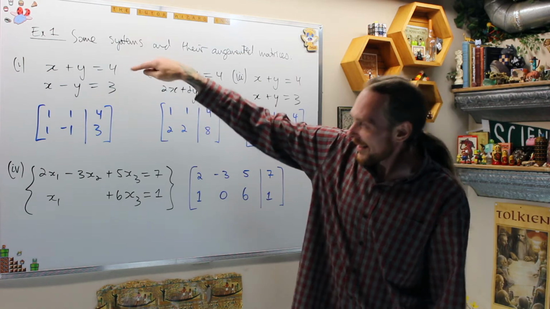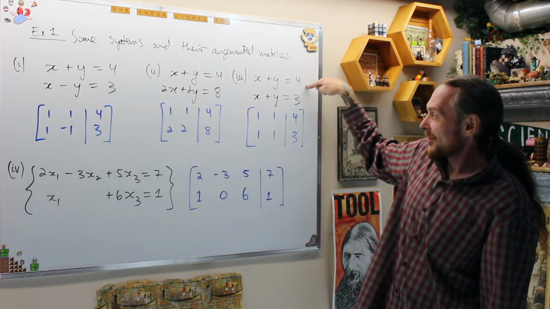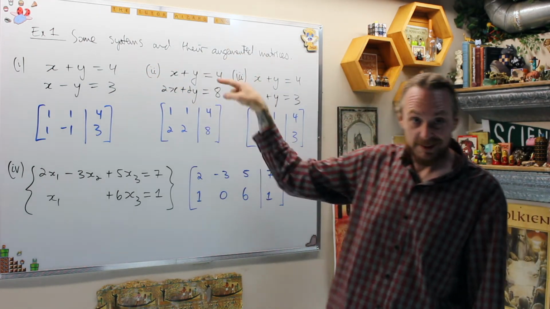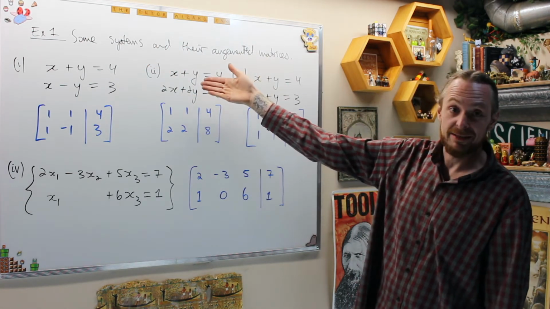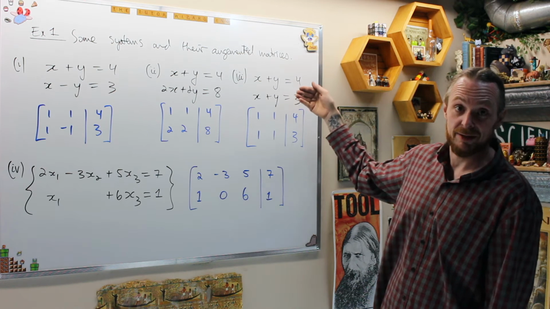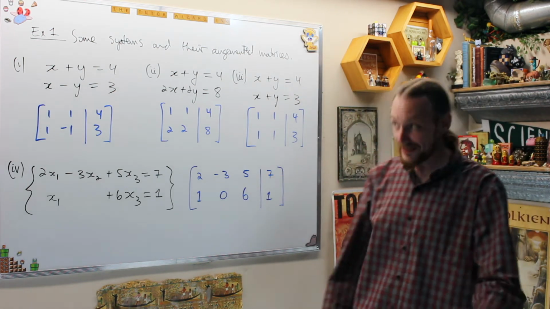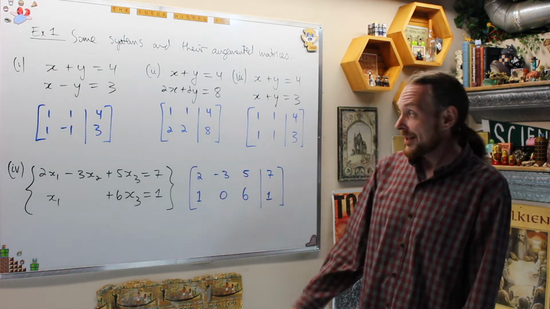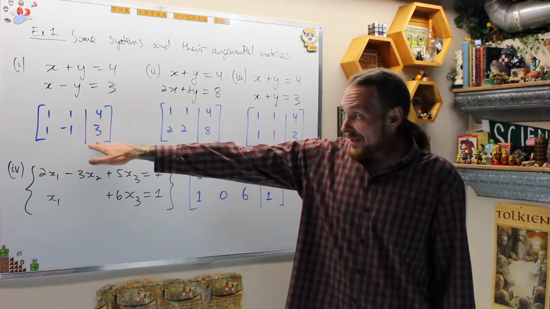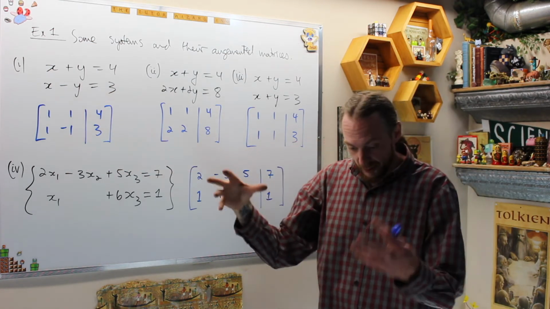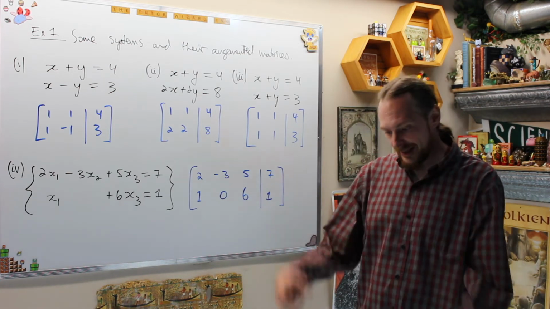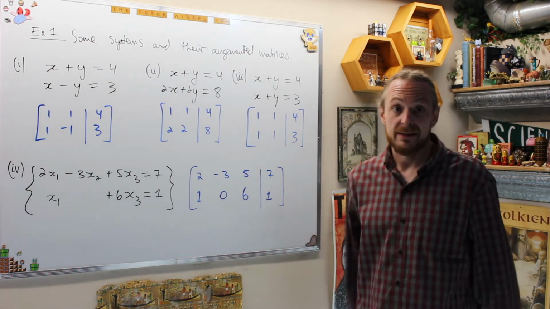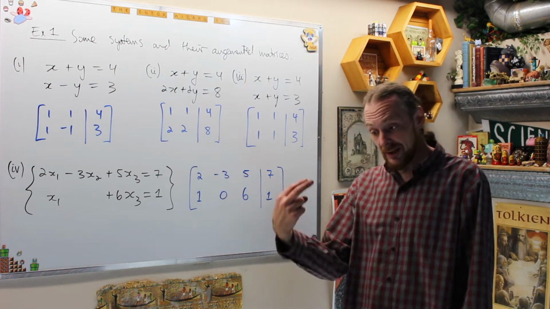If I'm given, and again, hopefully you're recognizing I'm using the same three pedagogical linear 2x2 systems. This one has a unique solution, this one has infinitely many solutions, and this one has no solution. How do you know? You watch the previous video and you see this. Or we're going to get a systematic method using this now beast called the augmented matrix. We're going to go through it in a few videos and get all the moving parts before we connect all the dots, and then by the end, in the last video of this, in section 1.7, two videos from now,